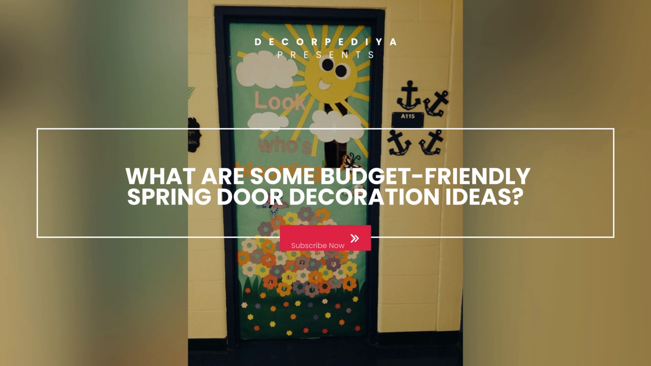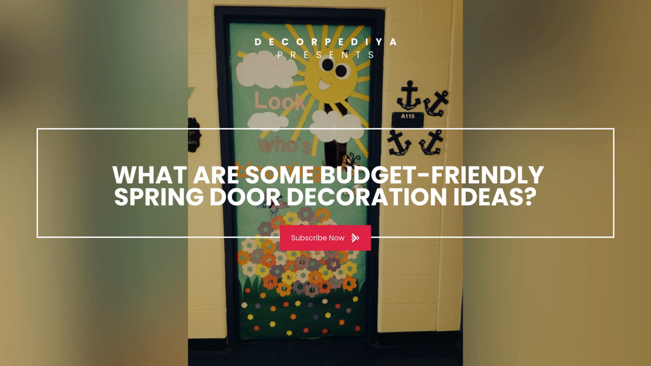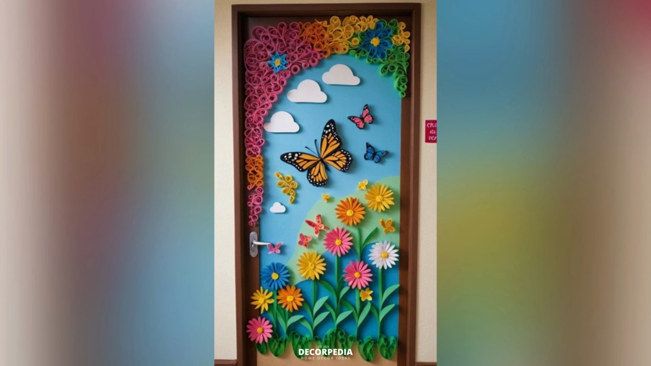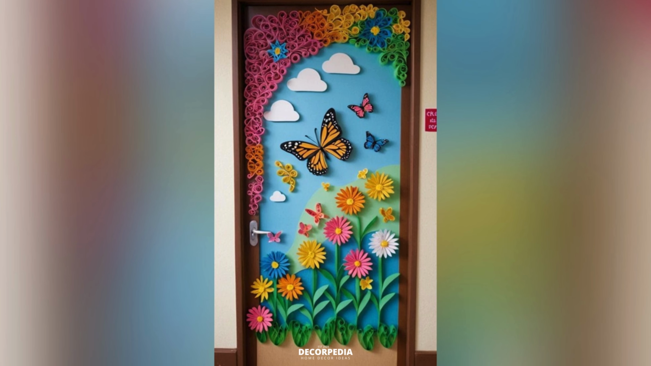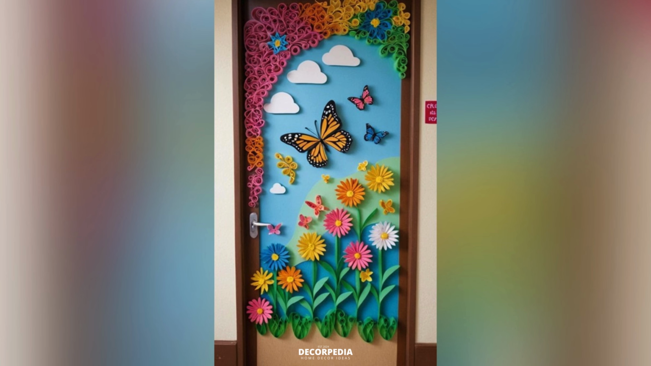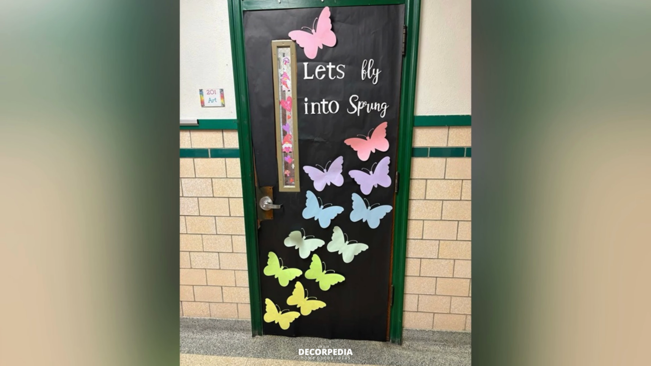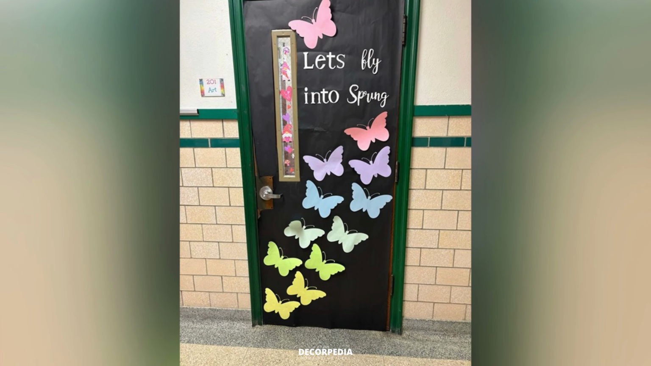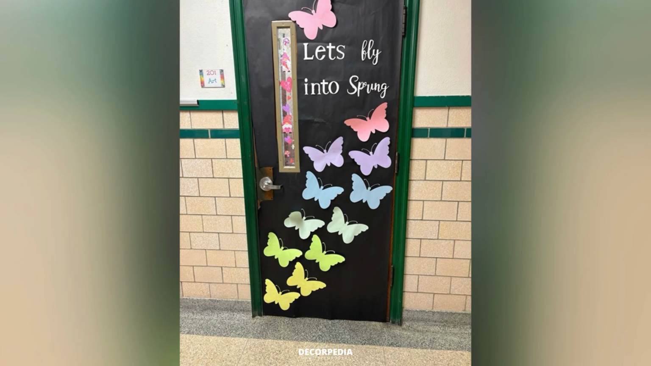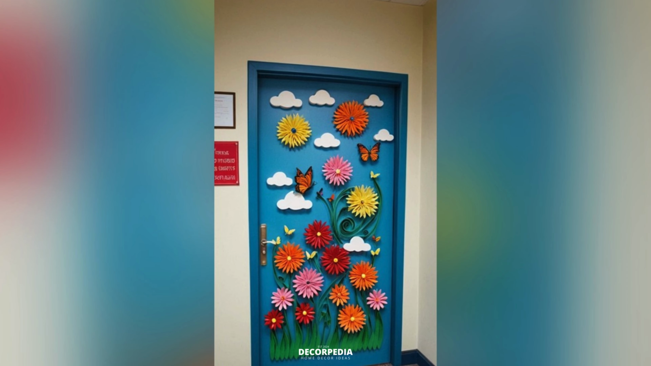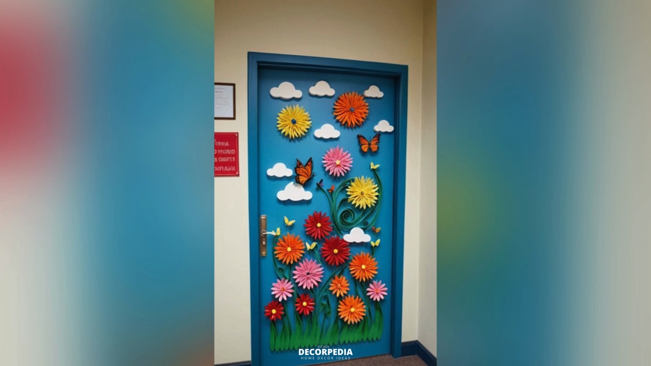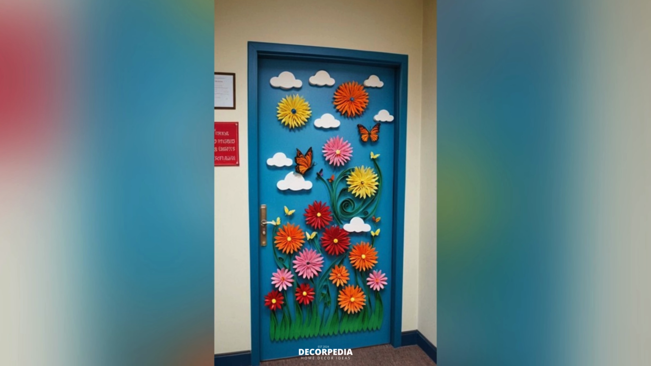What are some budget-friendly spring door decoration ideas? Decorating your classroom door doesn't have to be expensive. One great budget-friendly idea is using construction paper and recycled materials like tissue paper, newspapers, or cardboard to create flowers, trees, and butterflies. Repurposing old classroom posters and bulletin board cutouts can also help save money while still creating a